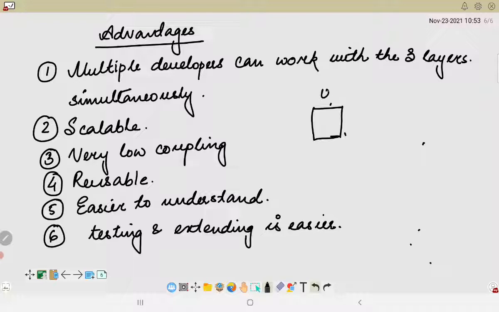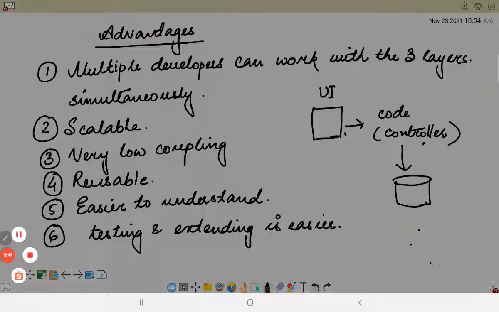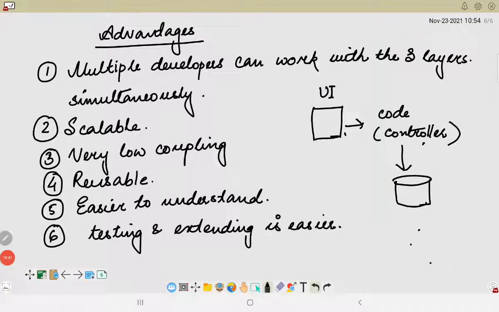And we also have the backend code. So we have a code which is the controller, through which we can send and receive requests as well as process requests, and then we also have a data store from where we can retrieve the information. So basically the web development frameworks are highly utilized when we are talking about the MVC architecture or MVC design pattern.